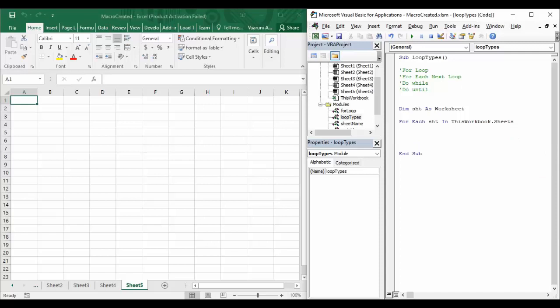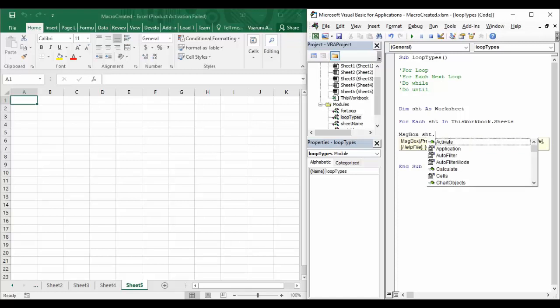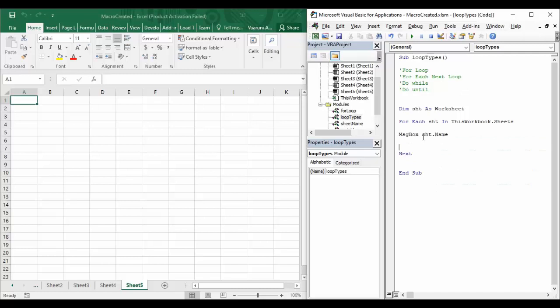Then you need to write the piece of code which is the name of the sheet. Let's write the Next statement, and here let's display it in the form of a message box as sht.Name. This whole four lines of code is what you need to write for the for each loop to display the name of all the sheets. Now we have taken a message box over here.